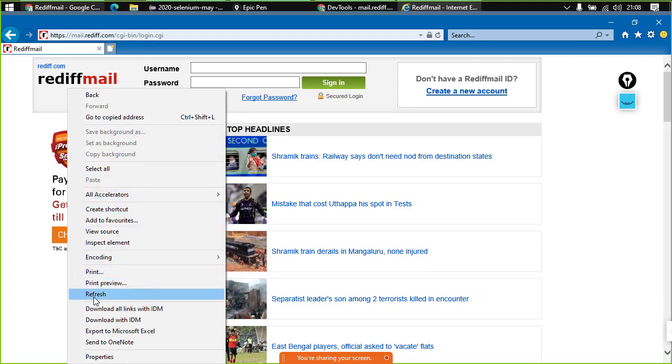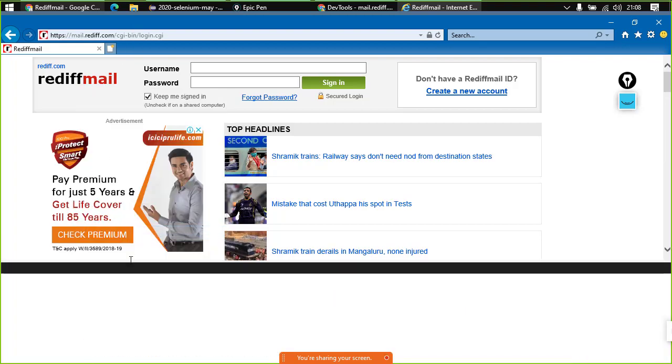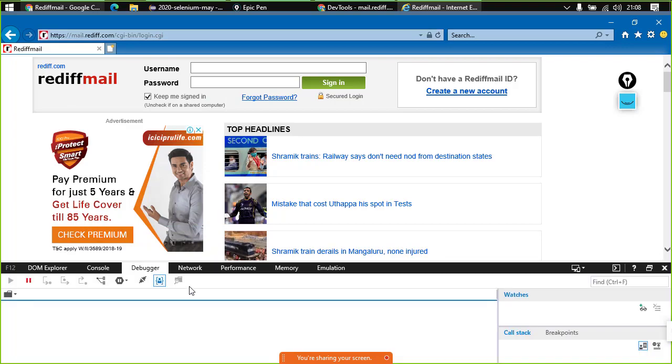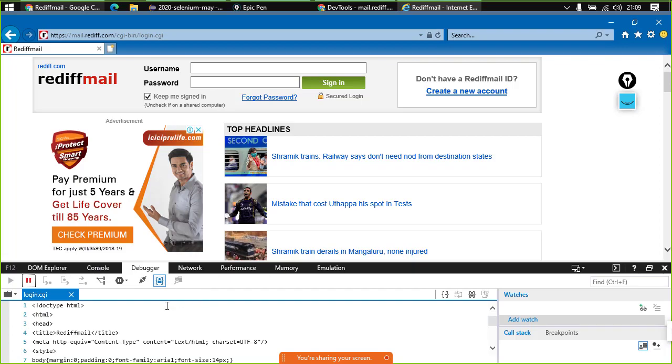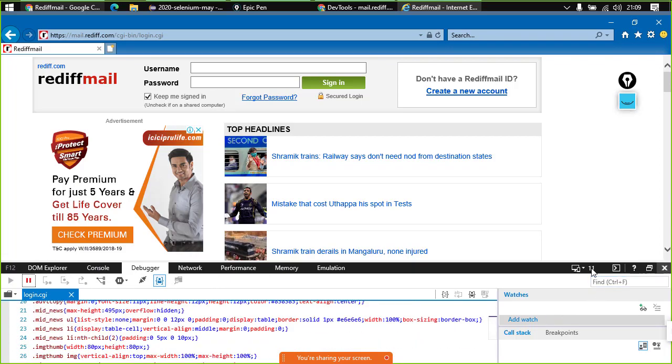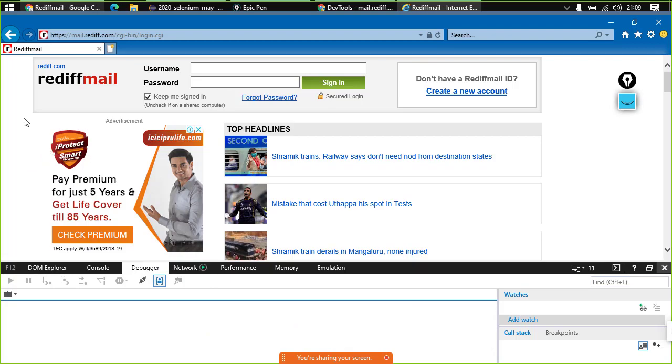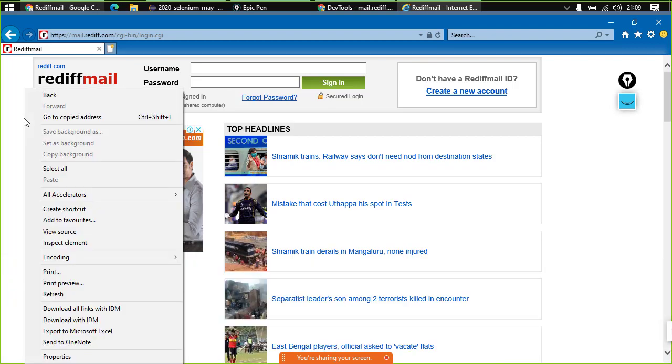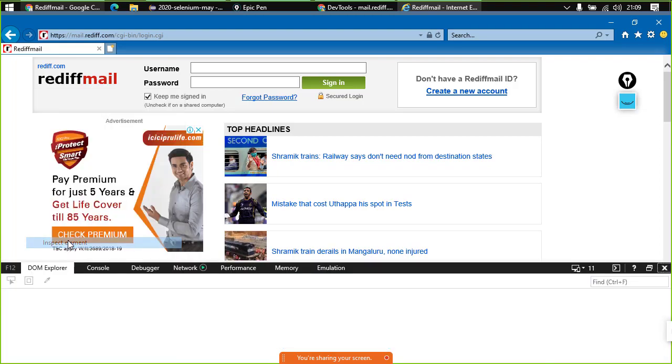Now you guys can see that there are two options: view source and inspect element. View source shows the same code, and here inspect element also opens this. Now in Internet Explorer, they show source code something like this. Now I'll inspect the element, right click, then inspect element.